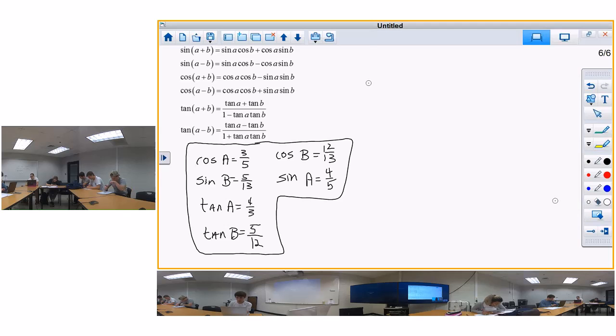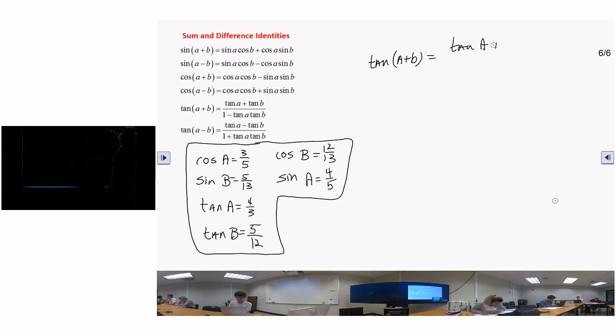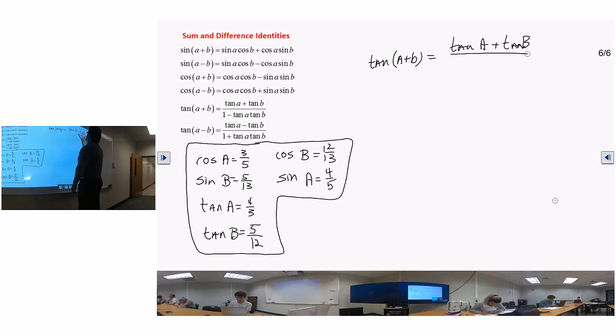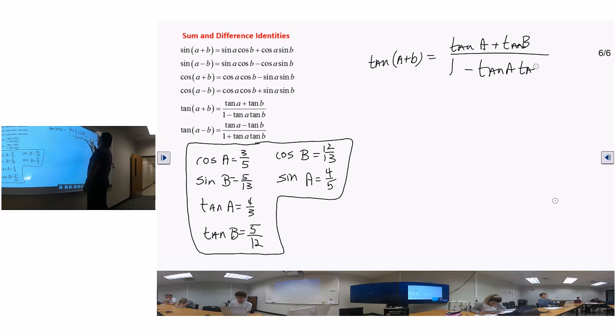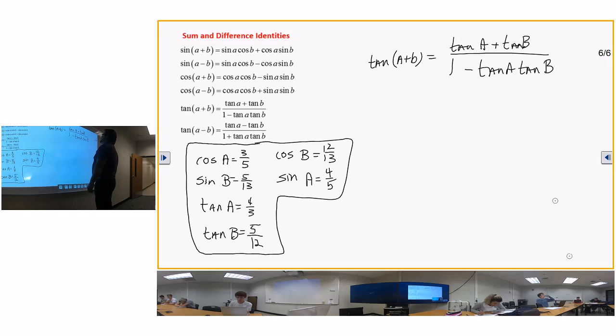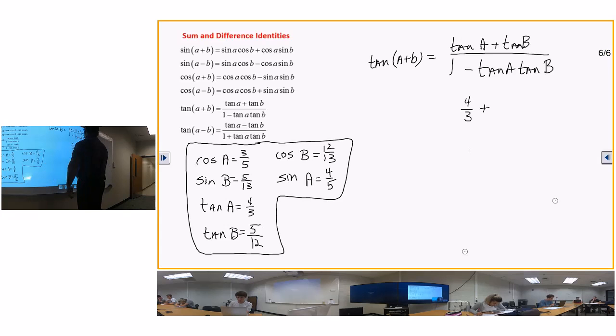So, tan of A plus B is equal to tan of A plus tan of B, over 1 minus tan of A, tan of B. Now the tan of A is 4/3 plus 5/12